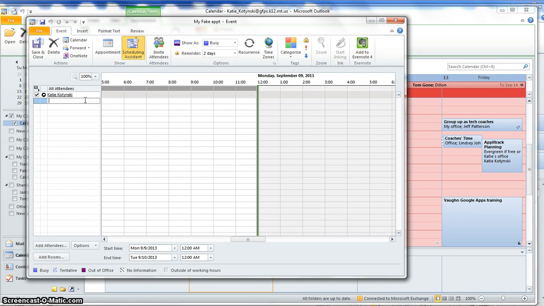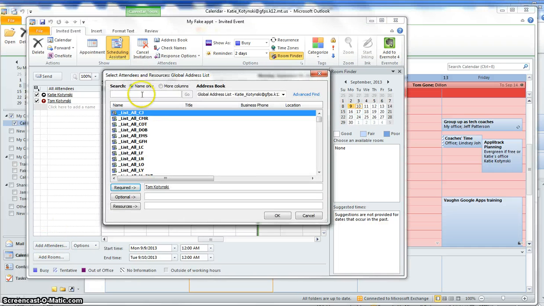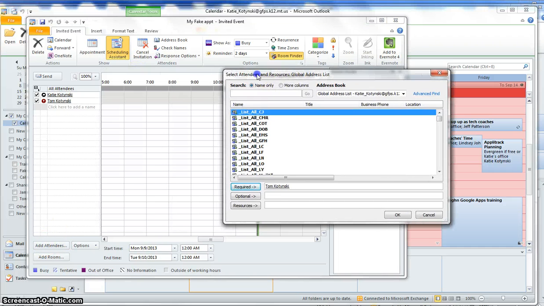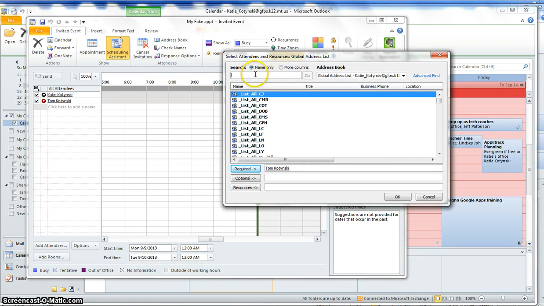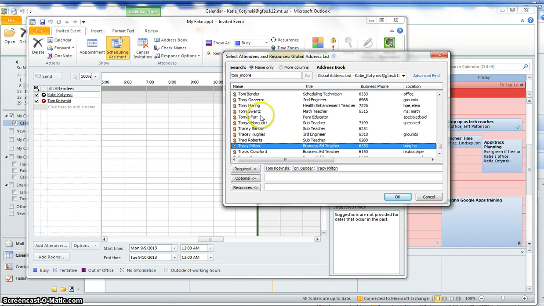And if I know the person's first and last name, I can just type it in here. And it will show me that person's calendar. Or if I don't know, I can add attendees right here. And so this scheduling assistant actually saves me a step of adding them and then looking at the scheduling assistant. So if I wanted to schedule somebody else and find